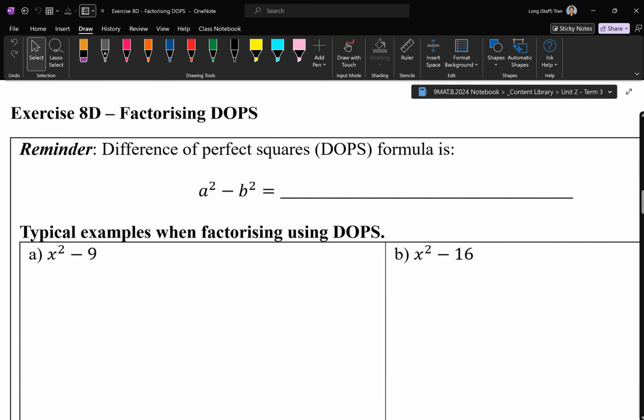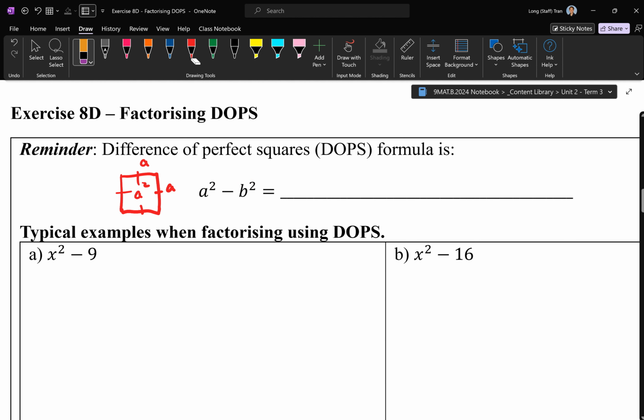Just up here, this is called the difference of perfect squares formula, which you've seen in the previous example of 8A. So that's a perfect square. Remember, a squared just means that you're squaring a certain value. If you had to think of a perfect square, you're simply saying the length of A on the other side, and when you say A squared, what you're really working out is the area. So the area of a perfect square, subtract another area of a perfect square, that's why they call it difference